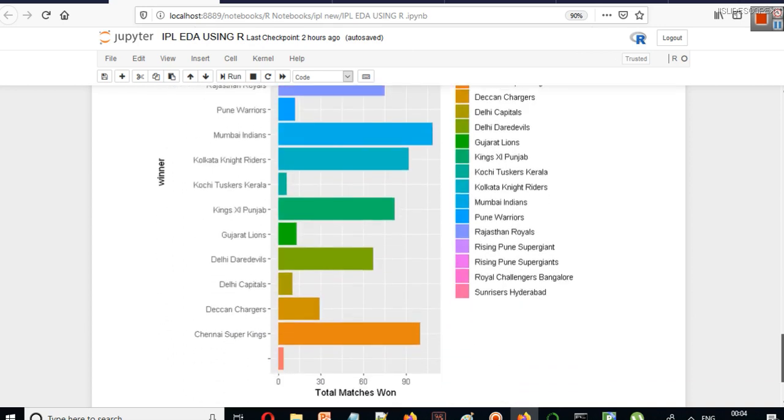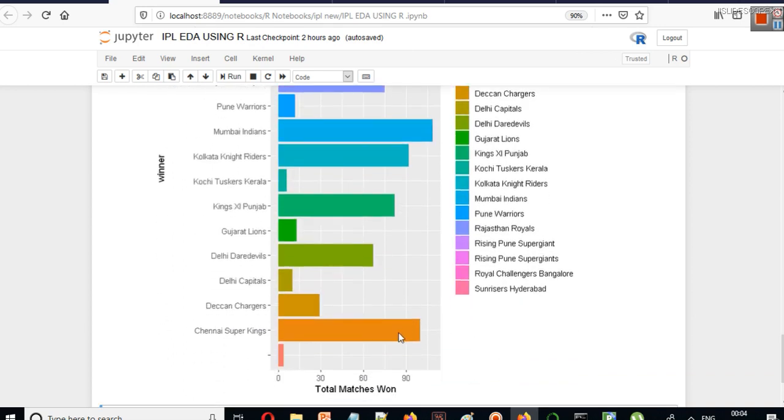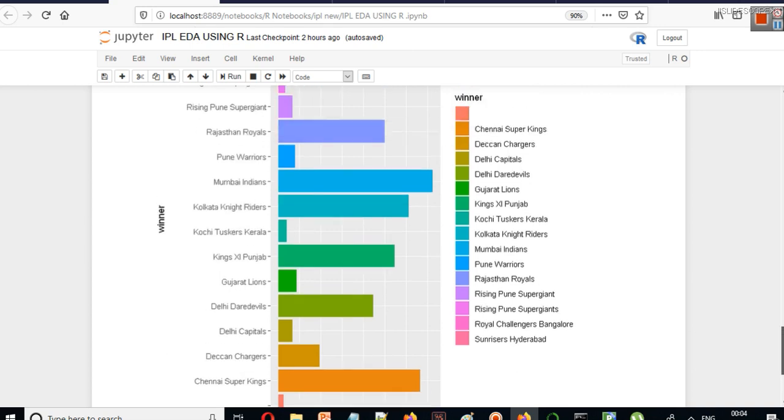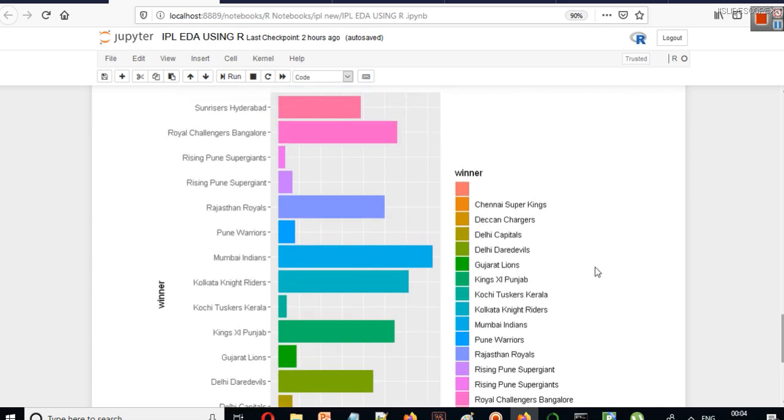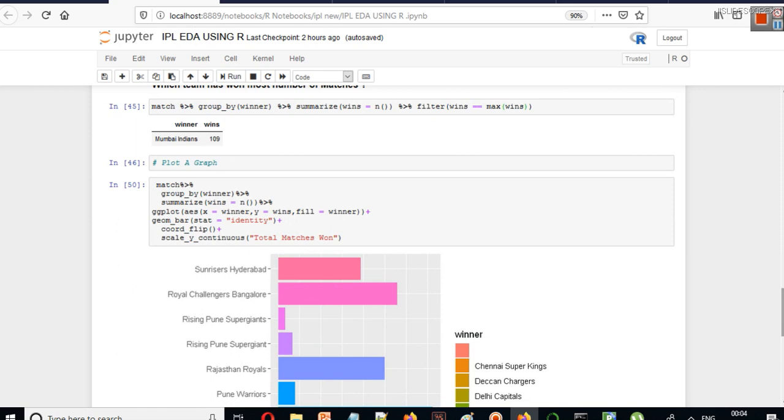You can see for Chennai Super Kings we have orange color, and for Mumbai Indians we have blue color, and the blue color's value is slightly more than the orange color's value. Other bars are clearly below this particular value. So this is a simple plot that we can create using the R language.